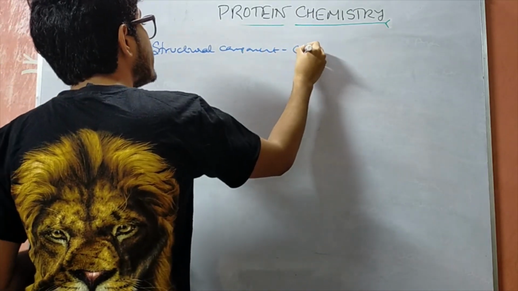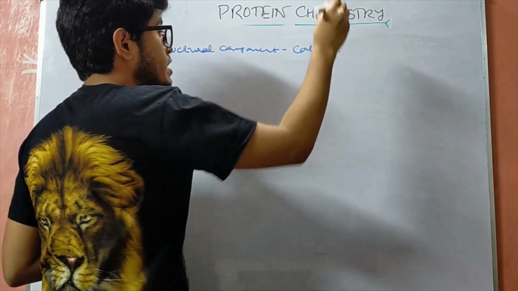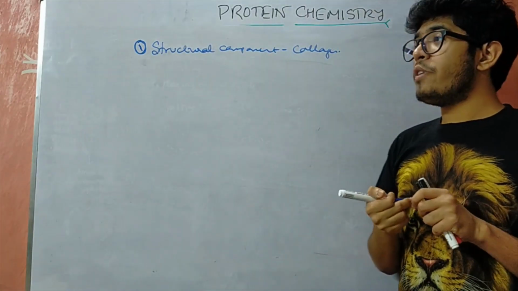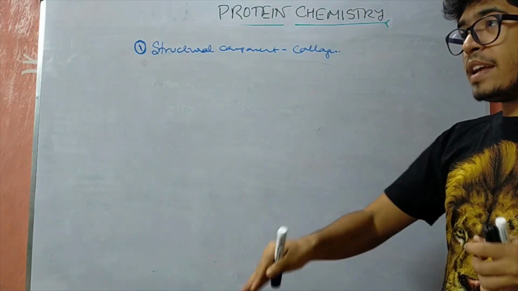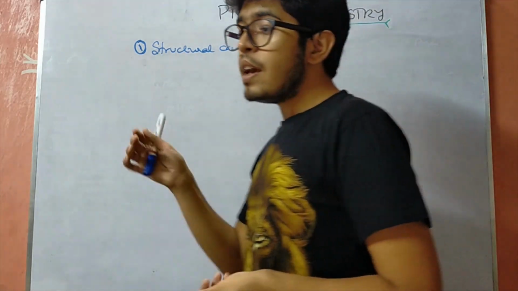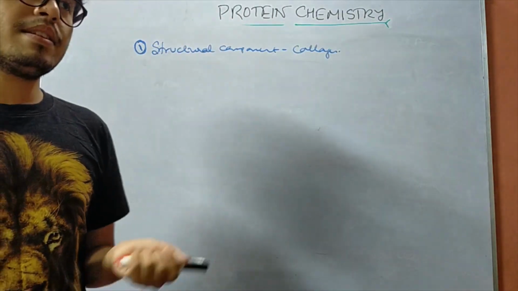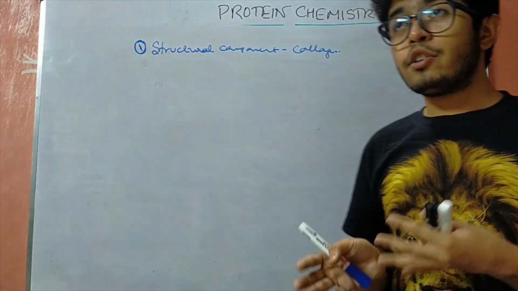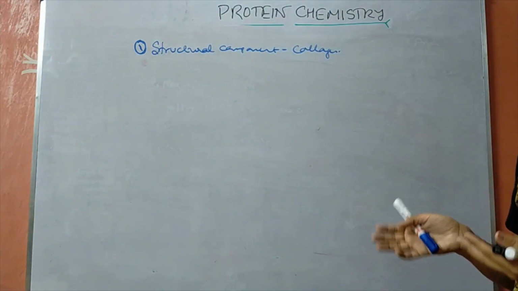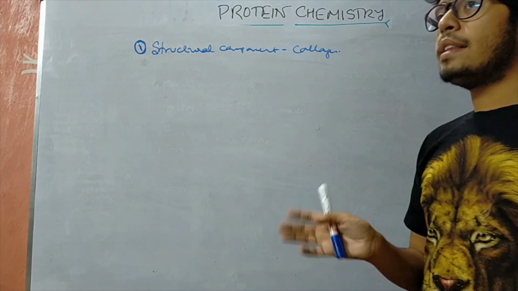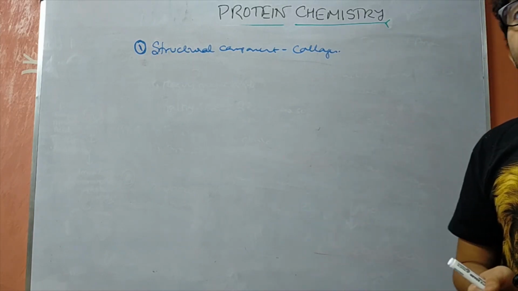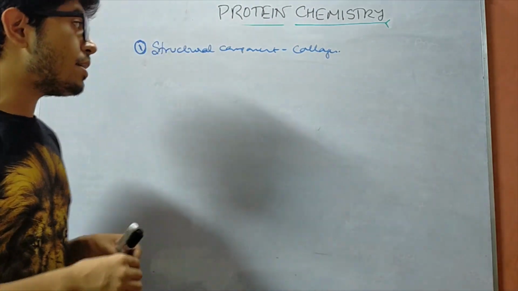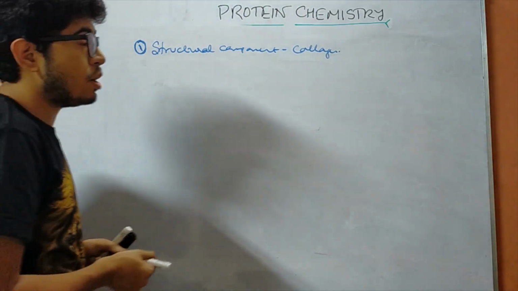It is a very important component of collagen. Collagen is a protein which has a triple helical structure where we have glycine present in every third amino acid, and the predominant amino acids are hydroxylysine and hydroxyproline. These two are very important amino acids, and they are formed due to the presence of vitamin C. So vitamin C also plays a very important role in the formation of the collagen molecule.